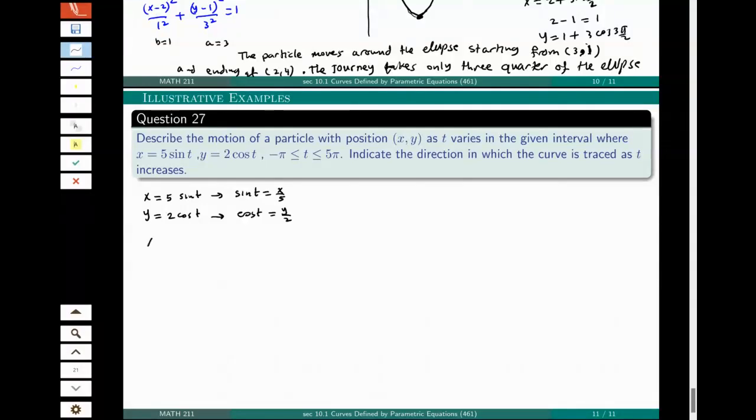From here we'll get sine squared plus cosine squared is equal to 1, so it will be x over 5 all squared plus y over 2 all squared is equal to 1, so it will be x squared over 5 squared plus y squared over 2 squared is equal to 1. Again, this is an ellipse